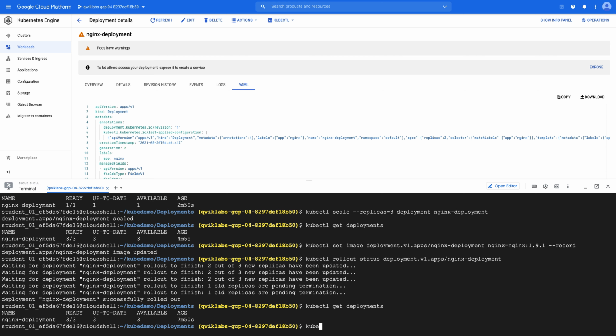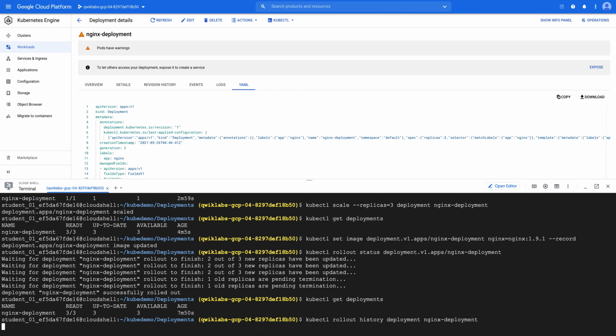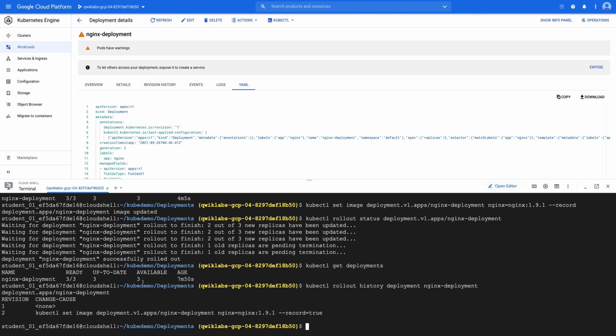If you want to check the history, you can do kubectl rollout history deployment, where deployment is the object type, and then I'm going to give nginx-deployment, the deployment name, and it's going to get you the history.